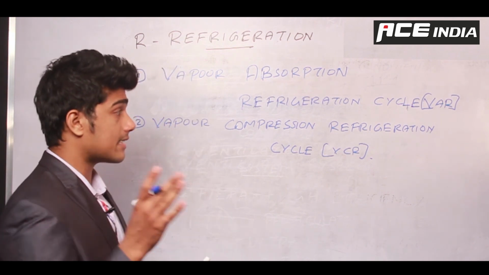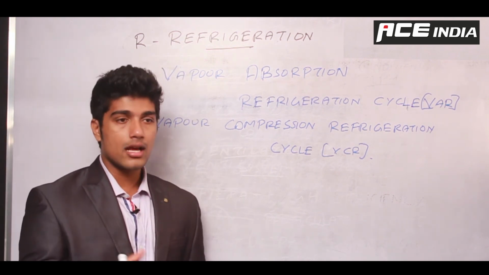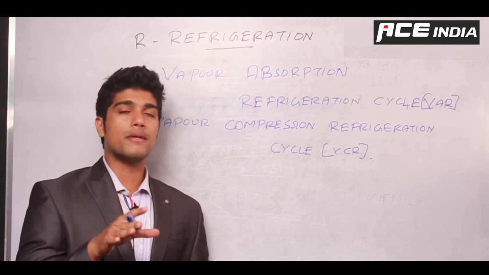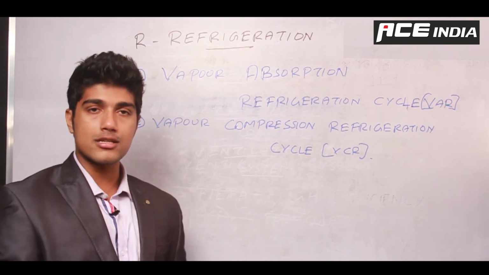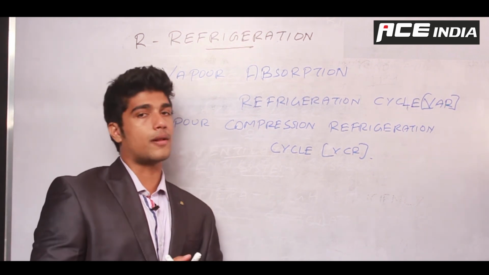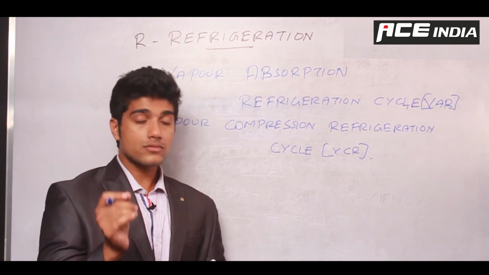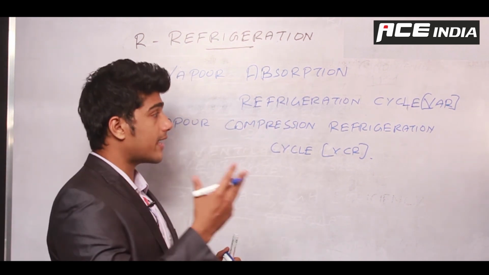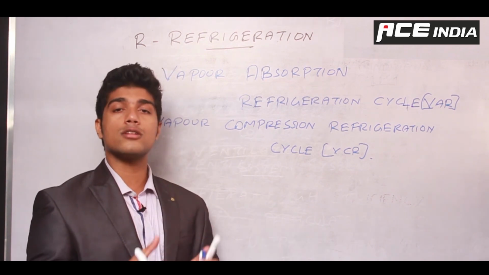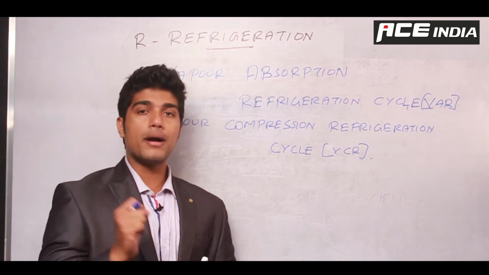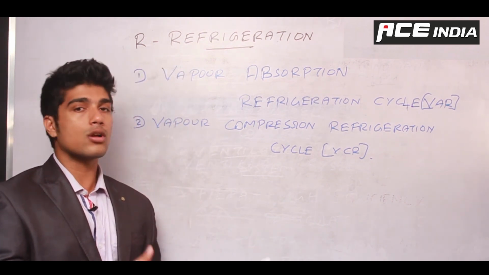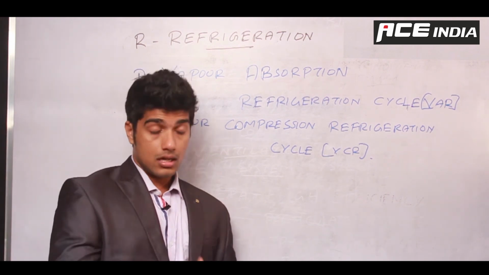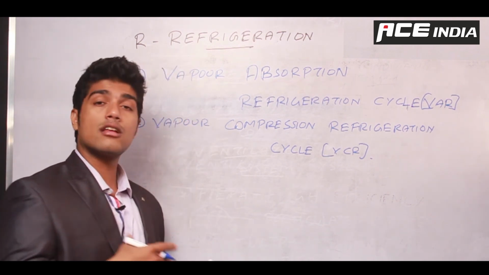Now for this process, as I told you, you require a lot of heat. For that you may have to burn a fuel. This process is not going to be that easy in the case of a common application like an office or a residential building, right? So in that case, VAR is not really possible, because VAR needs an abundance of direct heat energy. But in the case of a residential application or an office application, the kind of energy that we have is electrical energy.